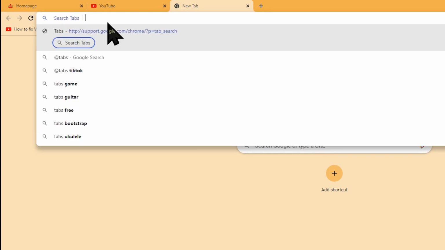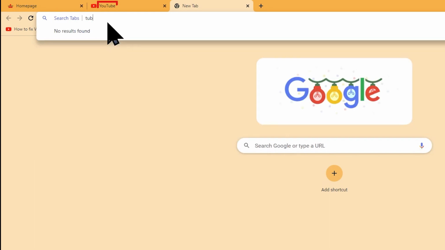One quirk that I have noticed in the search for all 3 of these new built-in shortcut searches is that the word being searched must include all the letters from the start of the word. So for example, searching for tube will not find YouTube, but typing U will find the YouTube tab. @tabs does not search tabs open in another Chrome profile on the same device or in incognito or guest tabs.